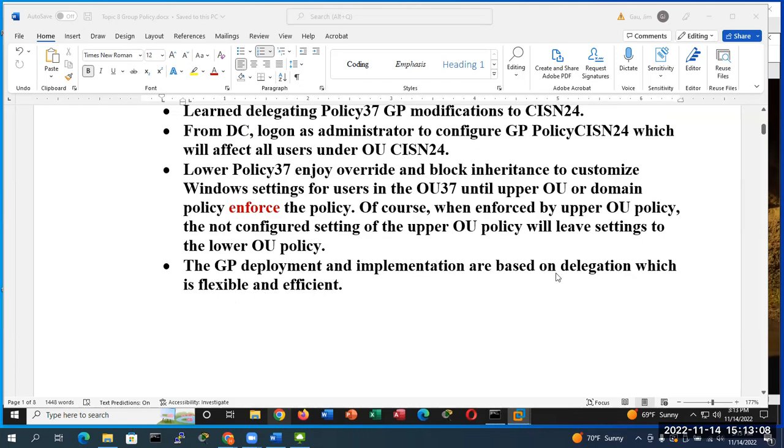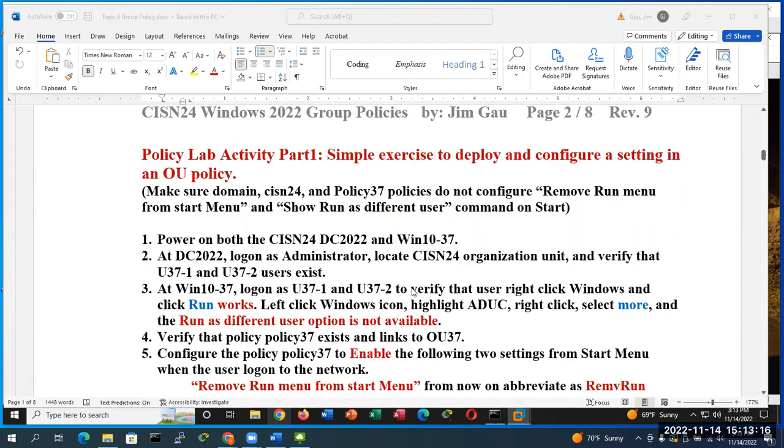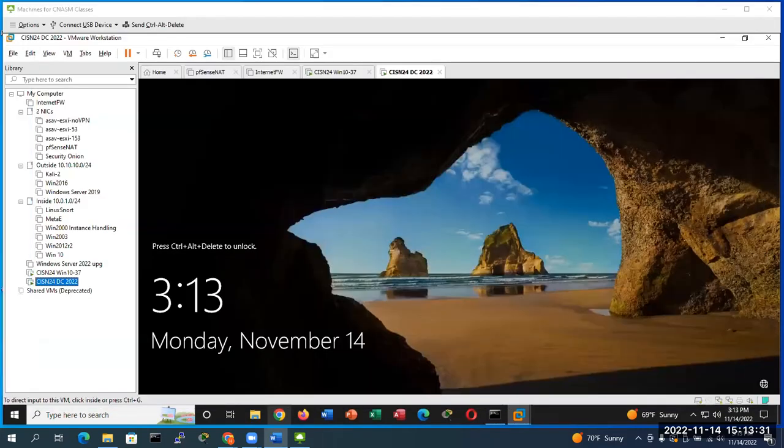And it's all about delegations, and it's for the flexibility and also for the efficiency. Okay, so we are going to go into part one of the exercise to actually illustrate the concept and the objective that we try to achieve. So we're going to move this document to the side, and then you can follow along with the document with